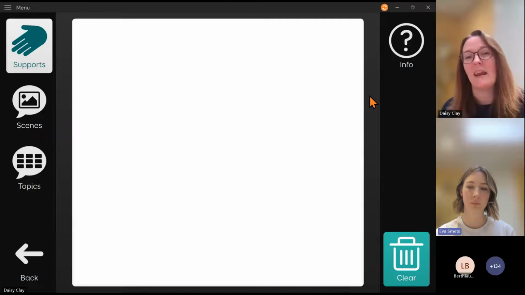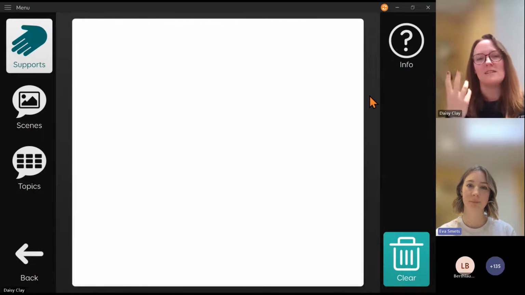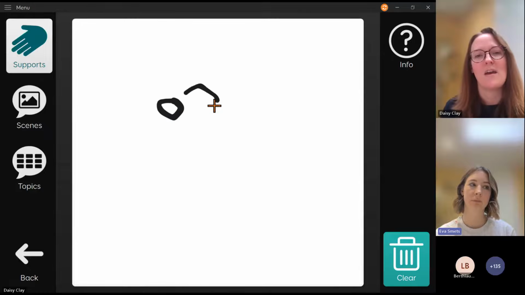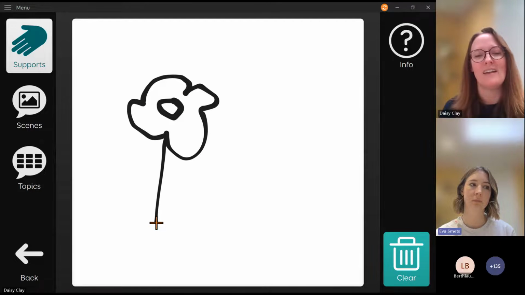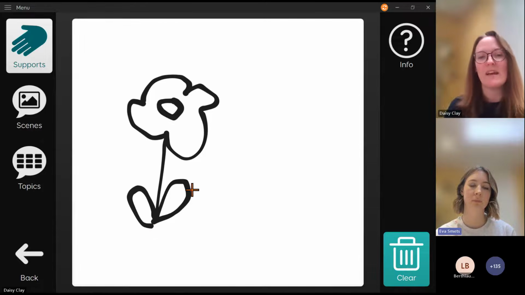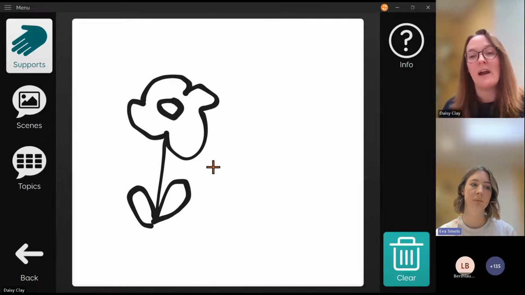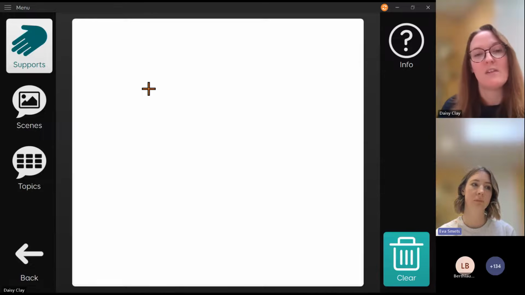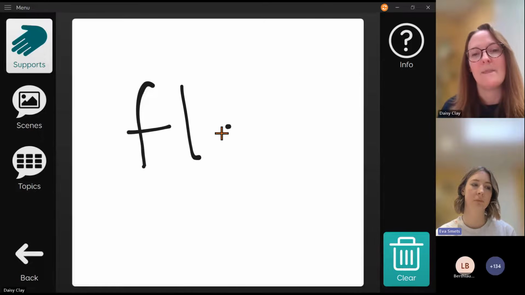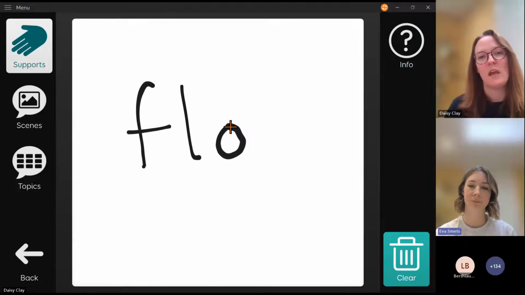So it simply is an electronic version of your pen and paper that we know is really commonly used with people with aphasia, and can be really helpful if you're experiencing a communication difficulty, but you've got an idea of what something looks like. You could be drawing it on here. So maybe you're trying to think of the word and you can't think of what that word is, but you could draw a picture, so then your communication partner can recognise what it is you're trying to communicate. Or perhaps it's not an image that you've got in your mind, but you've actually got some of the letters, and then maybe starting to write those letters, your communication partner can be guessing what it is you're trying to say.